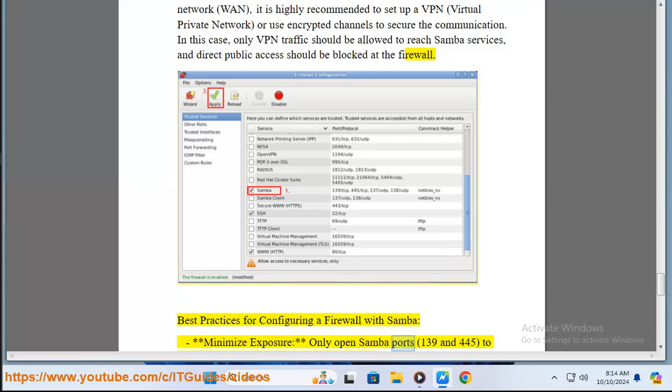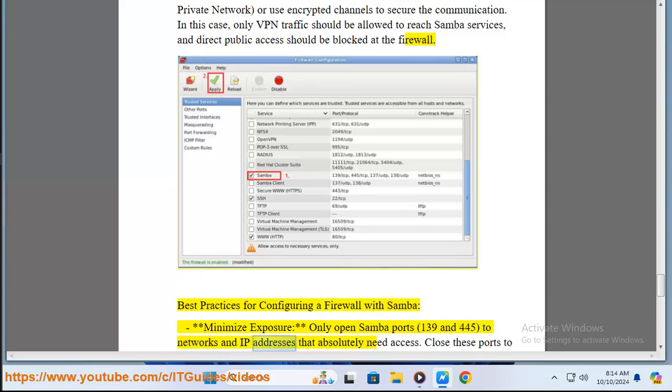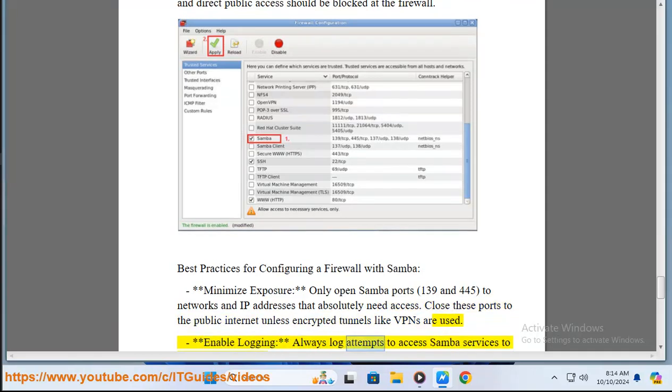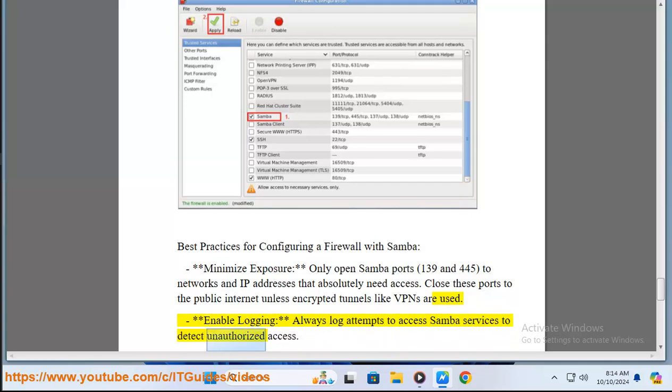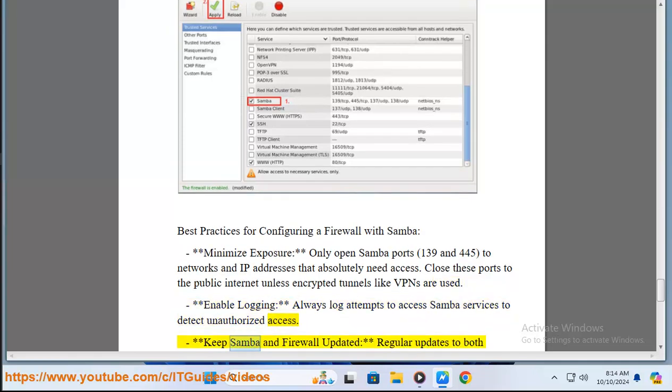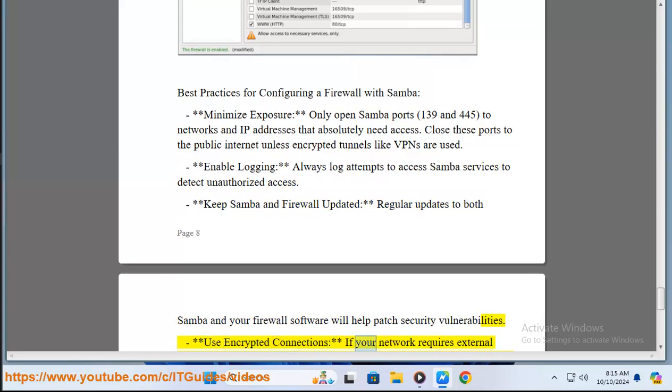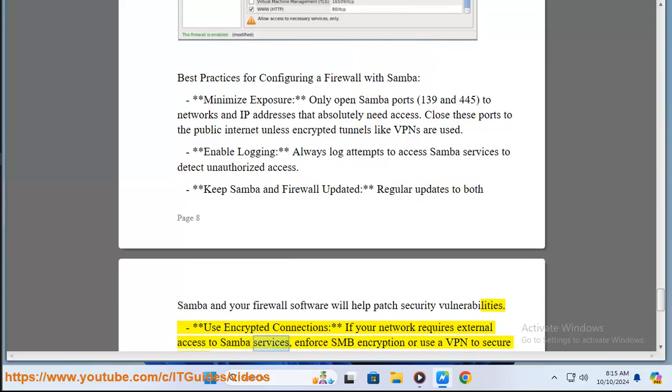Only open Samba ports, 139 and 445, to networks and IP addresses that absolutely need access. Close these ports to the public internet unless encrypted tunnels like VPNs are used. Enable logging: always log attempts to access Samba services to detect unauthorized access. Keep Samba and firewall updated: regular updates to both Samba and your firewall software will help patch security vulnerabilities. Use encrypted connections: if your network requires external access to Samba services, enforce SMB encryption or use a VPN